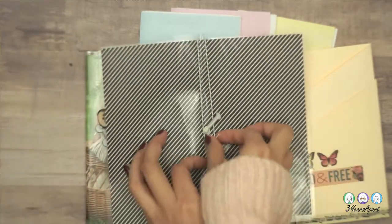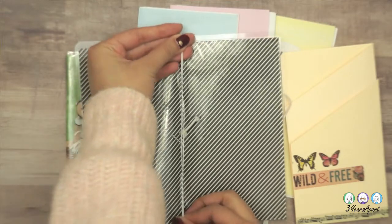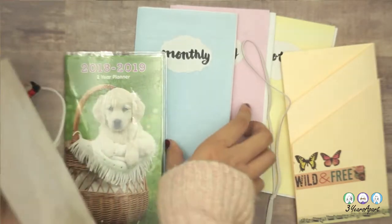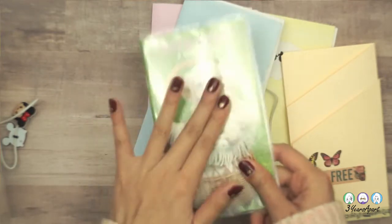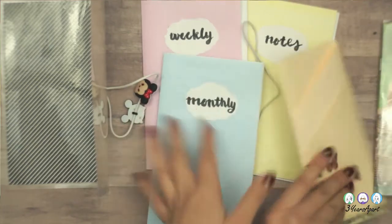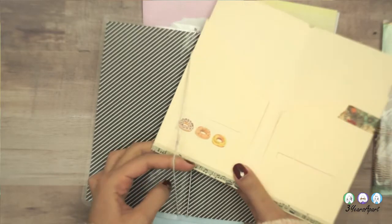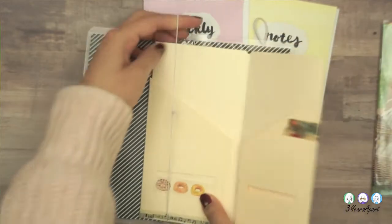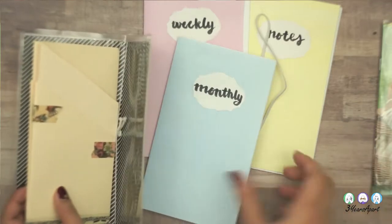So first, like I said, I made mine with 2 strands like this, but if your strands overlay each other like this, it's totally fine, just as doable. So I'm going to actually try to combine this along with the 3 inserts just to show you that it can be done. So I'm going to add this. I'm not going to use the clear pockets, just because if you don't want to buy anything, then you don't have to. And you don't even need to use washi tape. You can use regular tape or whatever tape you have lying around, like clear tape. So I'll have that in the very first one, and then